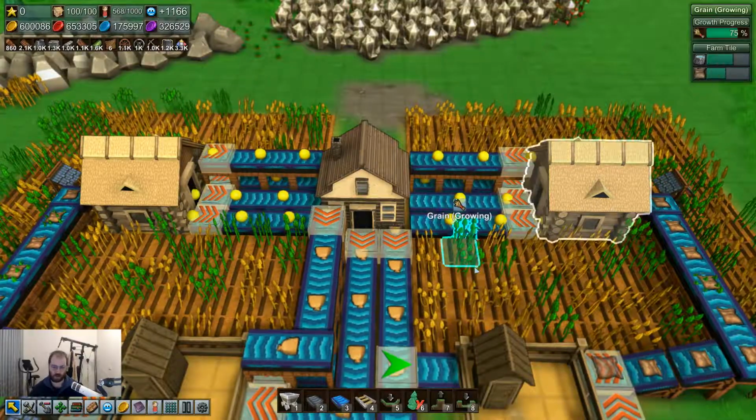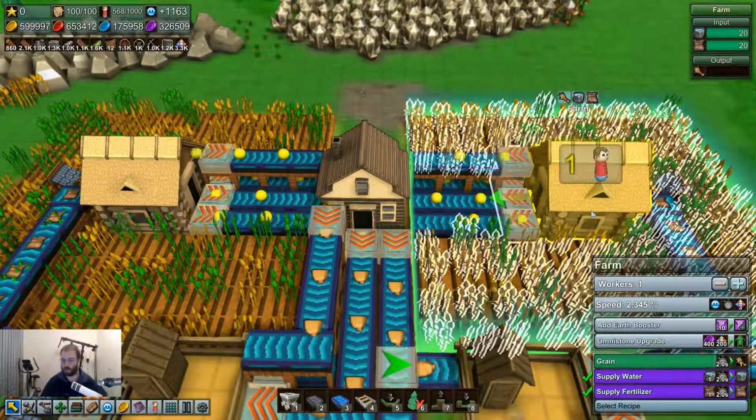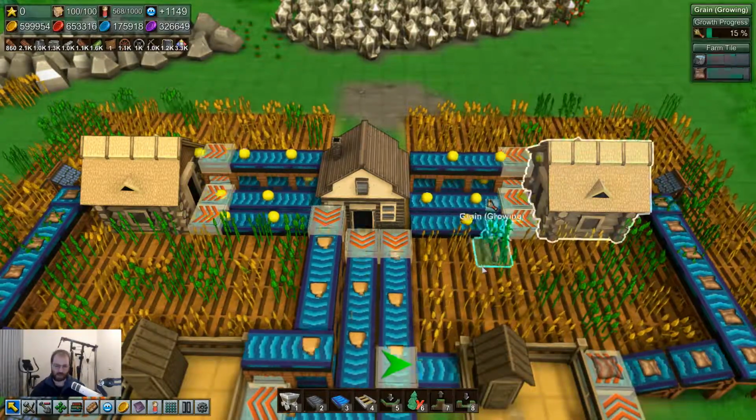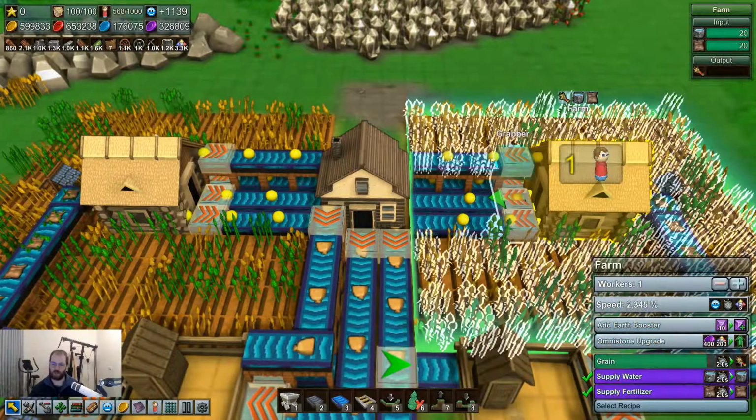So I said, screw it, I'm going to add an extra farm. I'm going to add an extra worker, get 2 farms, make it work like this. So the way you optimize this system is, you got to choose when to do the Omnistone upgrade. So right now,